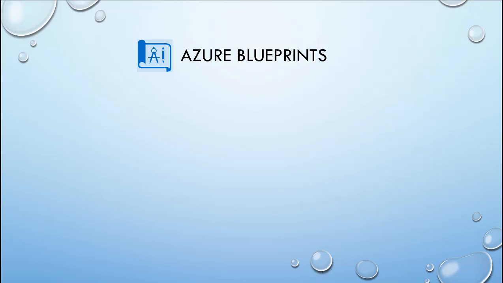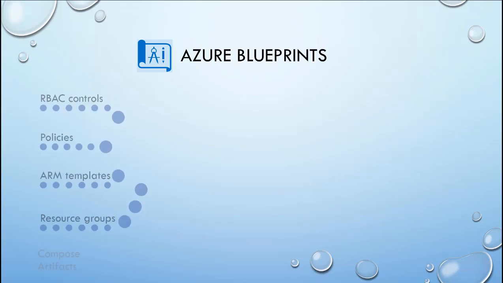In other words, blueprints are a declarative way to orchestrate the deployment of role assignments, policy assignments, Azure Resource Manager templates or ARM templates, and resource groups. So you would compose your architecture, putting it together through code or by dragging and dropping, but most commonly it's through code. After you compose those artifacts,